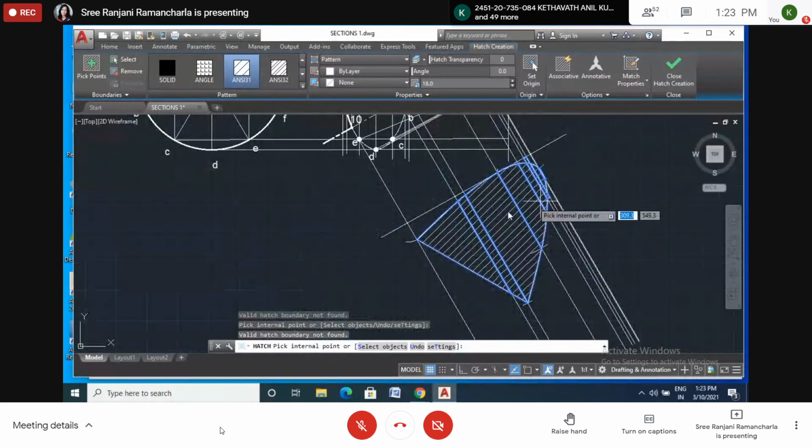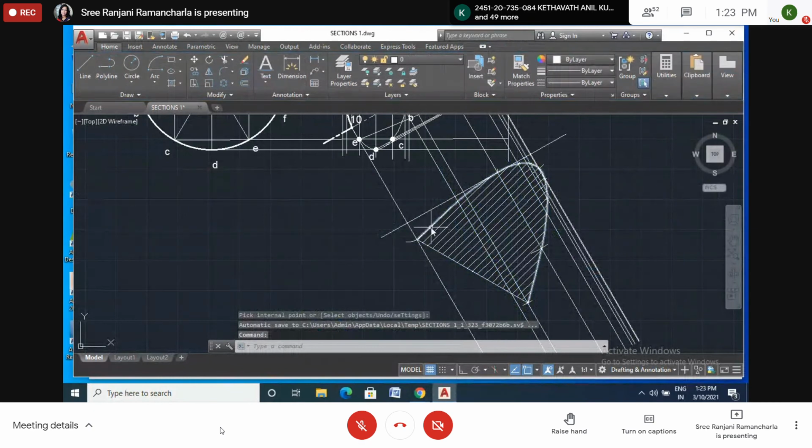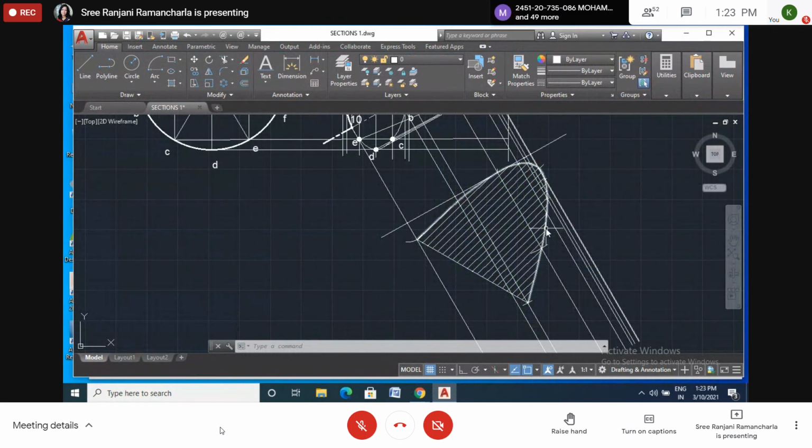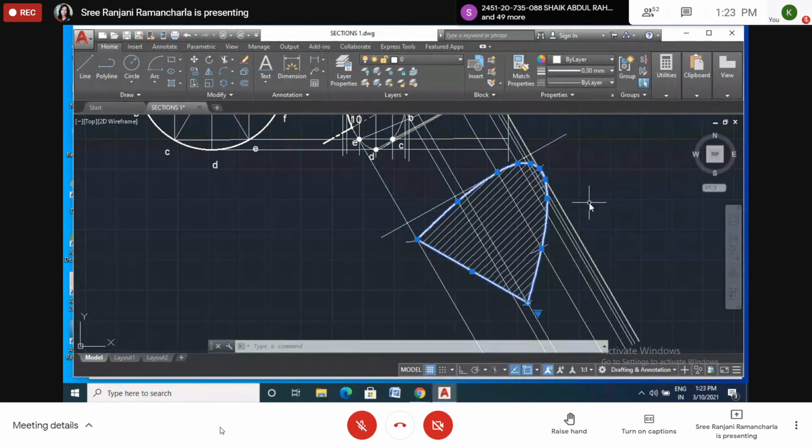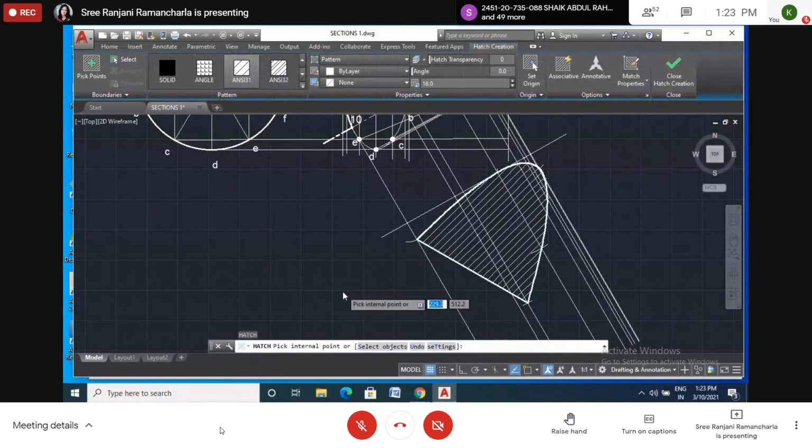Okay, enter. Now we'll make this line a thick line. We'll select this line, this SP line, and this straight line. Okay. Now this is the true shape of the section.